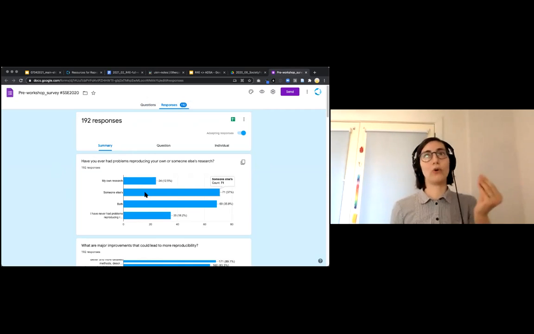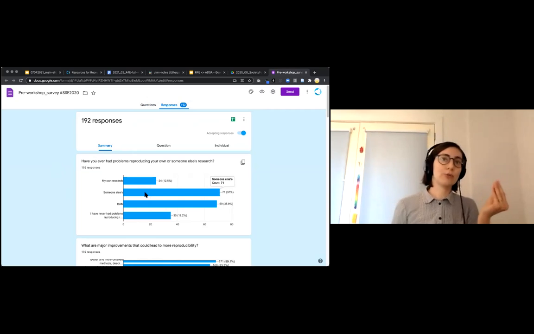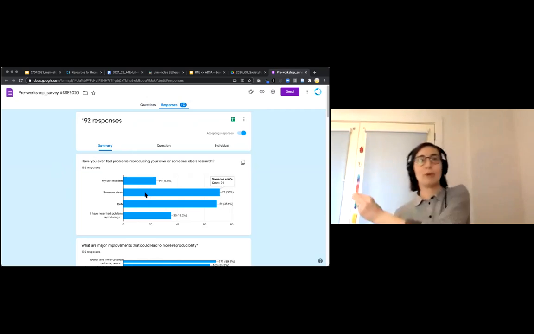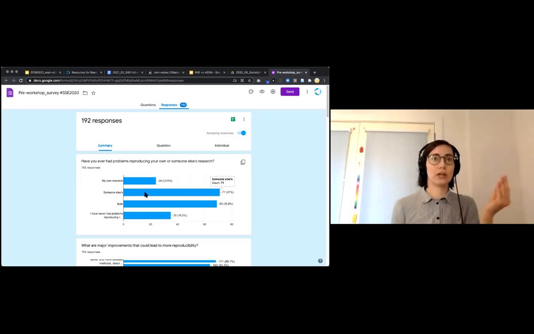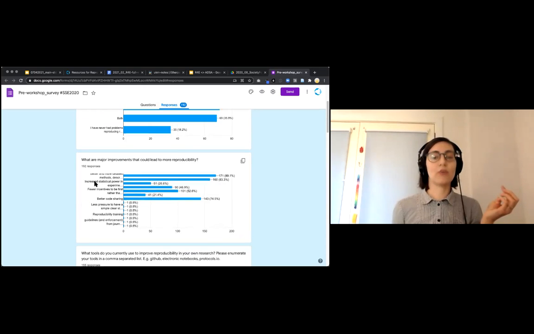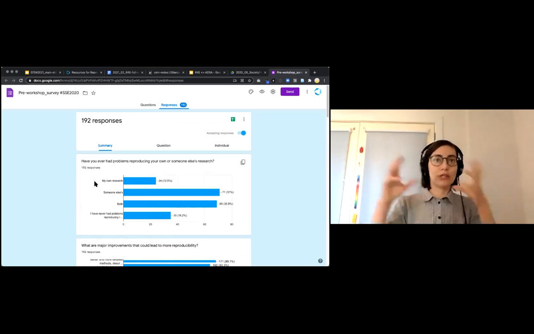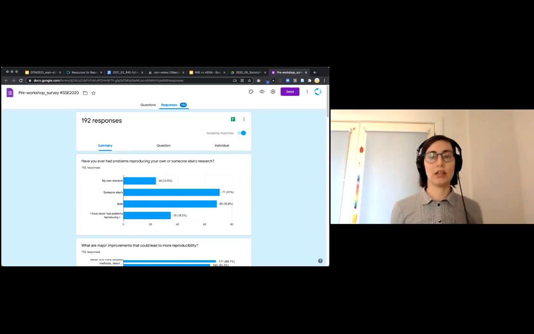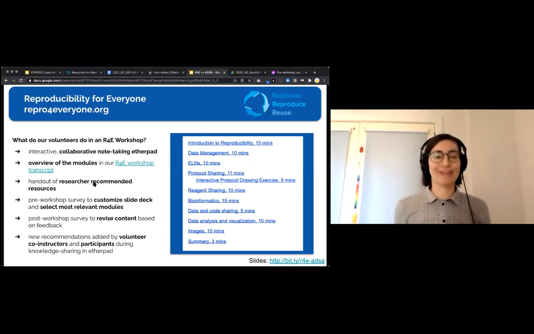And when we root the whole narrative of the workshop in that problem, it really turns those people that didn't care about reproducibility into people that care pretty quickly. So we focus on those things that will benefit themselves first. And then we take this information that we learn about our group, and we mention it multiple times in the workshop itself, so people feel like they're part of the content at the workshop.